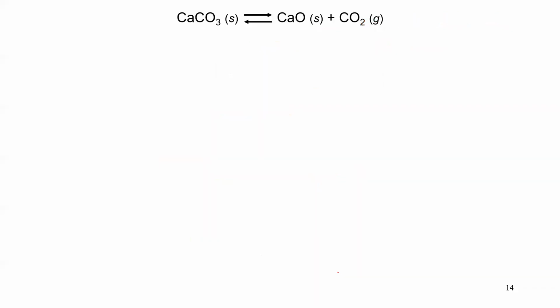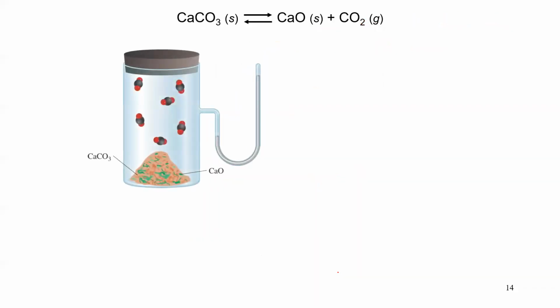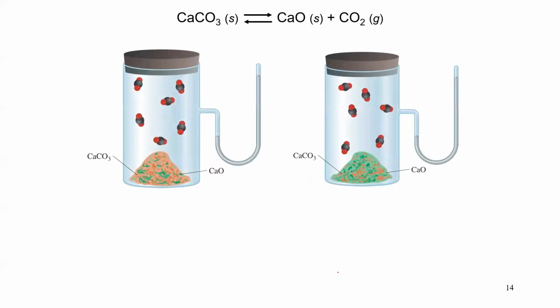All right. Last slide for today then, the same reaction, just sort of demonstrating why we don't really care a whole lot. If I have a whole lot of this calcium carbonate, that's going to be our yellow compound. Maybe it's orange, I don't know, somewhere in there. And the CaO is our green. So if I have a ratio where it's a lot of calcium carbonate and a little bit of calcium oxide versus the opposite, a lot of calcium oxide and a little bit of calcium carbonate, when things reach equilibrium, we notice